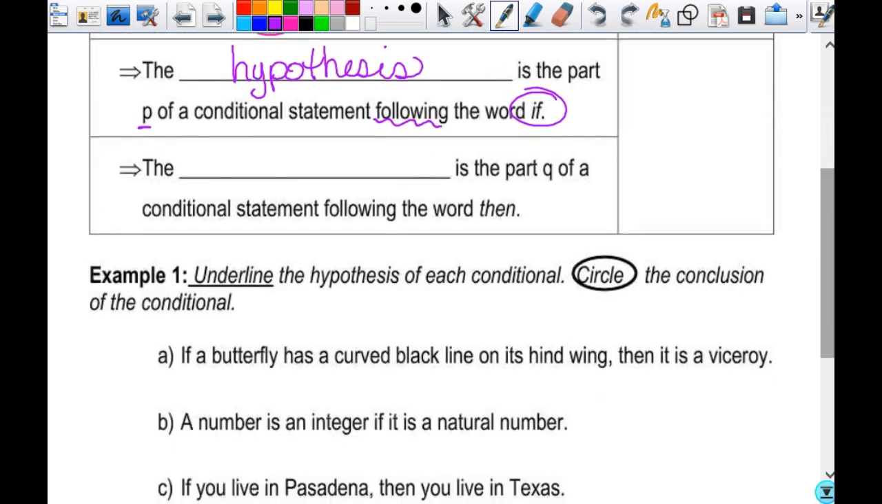And then the conclusion is the part Q of a conditional statement following the word then. Okay? If this, then that. If P, then Q, whatever it may be. Venn diagrams can be used to represent